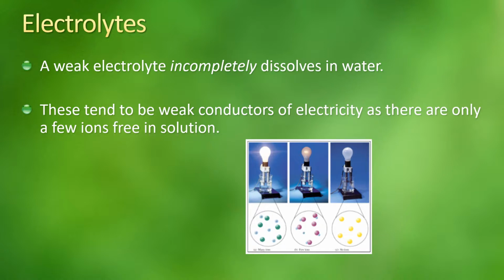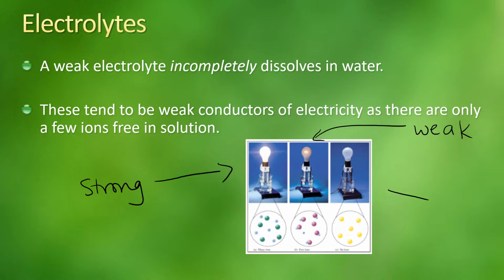As you can see in the picture below, this first light bulb here is going to be my strong electrolyte. It's got a bright, bright light. It's got lots of ions in solution, so we see high conductivity. This is going to be a weak electrolyte, given that it has only a few ions that form when put into solution. The last one here is what's called a